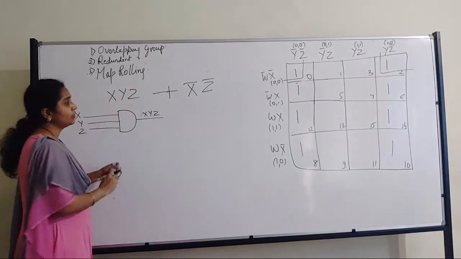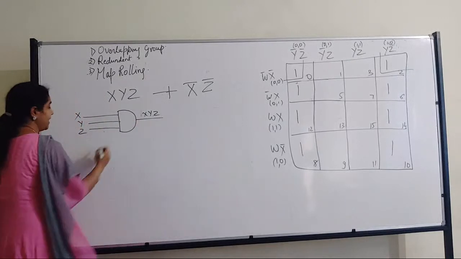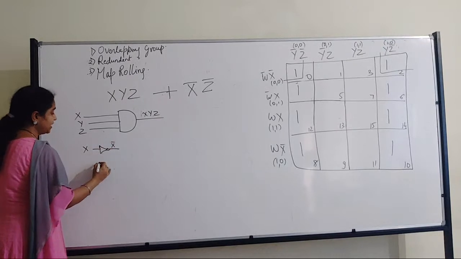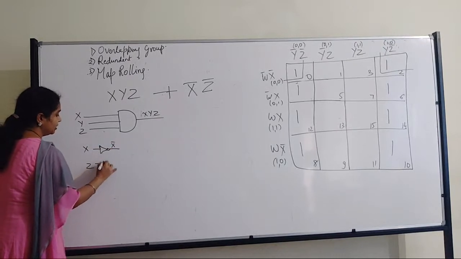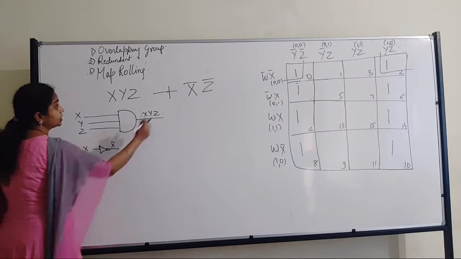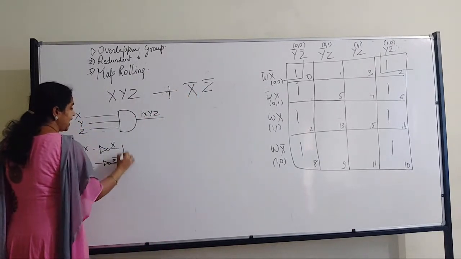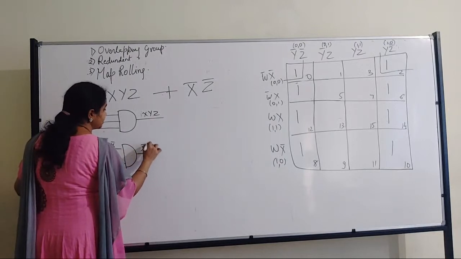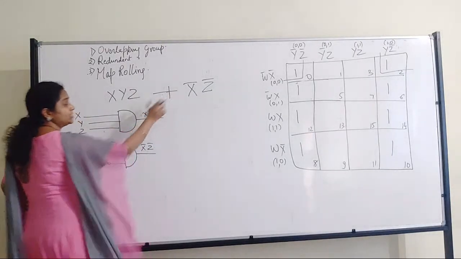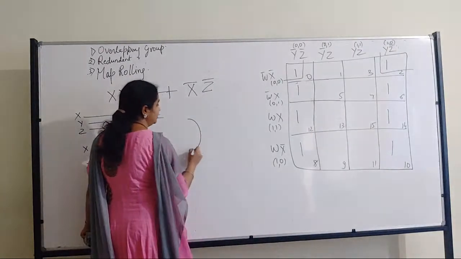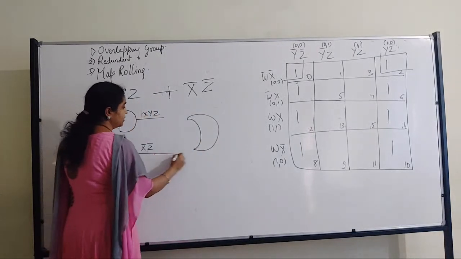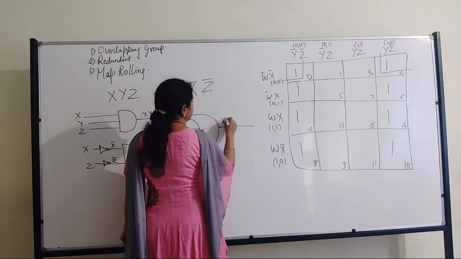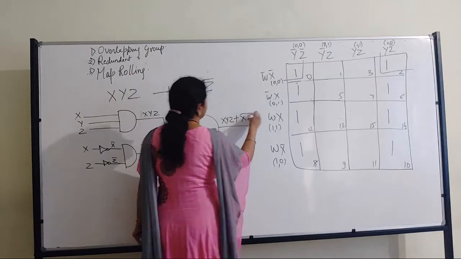Then what else? Here. So now X is changing its form, right? So when you give X, it becomes X negation. Z also. So draw a NOT gate, Z negation. Now what is here again? That is an AND gate. So let it go through the AND gate. You get X negation and Z negation. What is this gate? It is an OR gate. So let's draw the OR gate. And you got the output. So it is X, Y, Z plus X negation and Z negation.